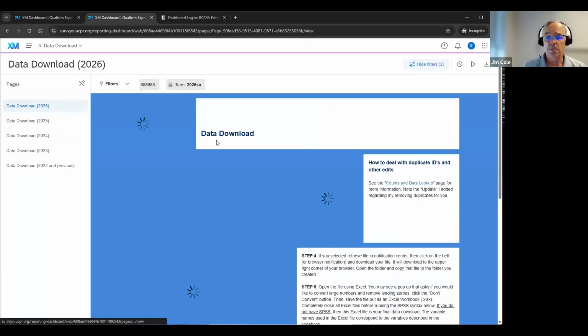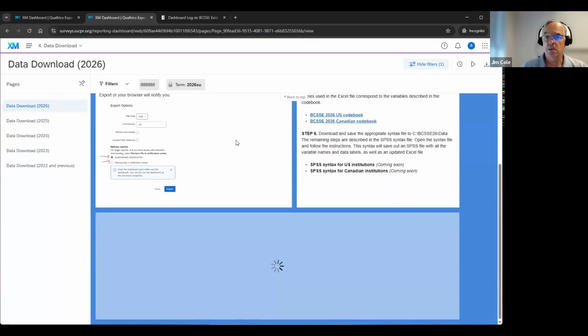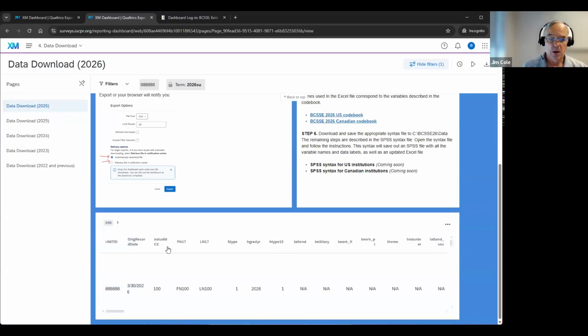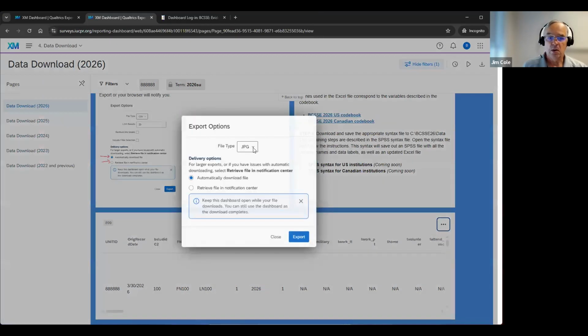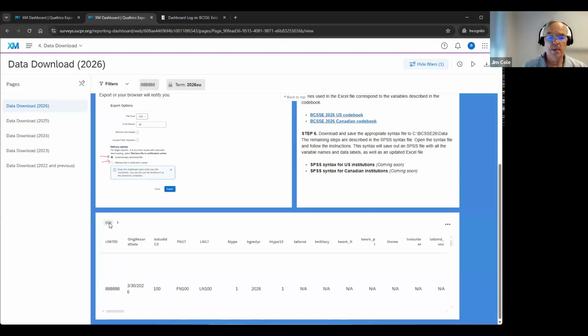There's a data download page. This is to download all of this data to date, the complete survey data file. And there's one for each year. 2026 should show up for you. This widget's taking a minute to download. There we go. And this is going to show up here. Basically, you go to export, click on here again, go to Excel, and when you download, it's going to download all my data